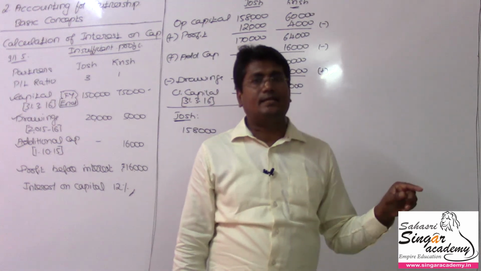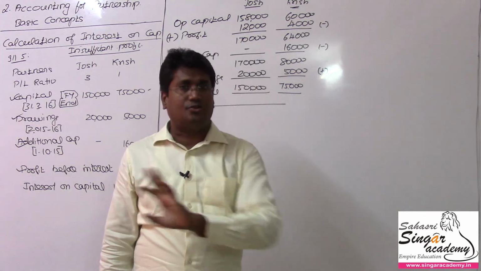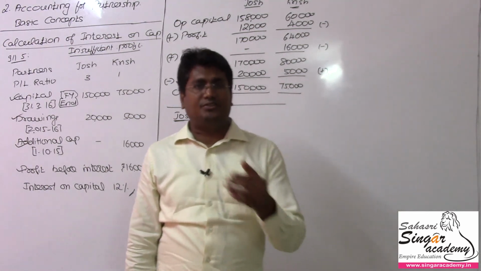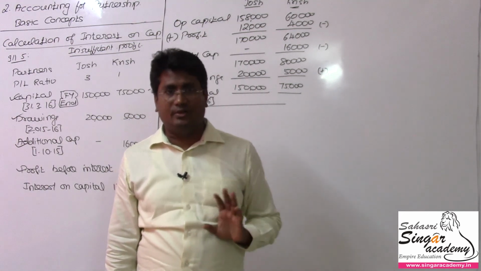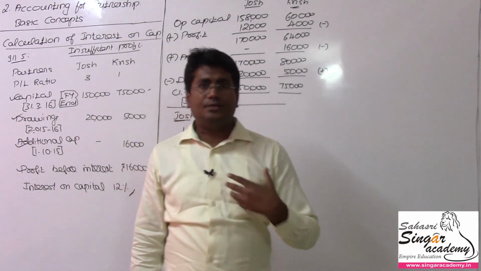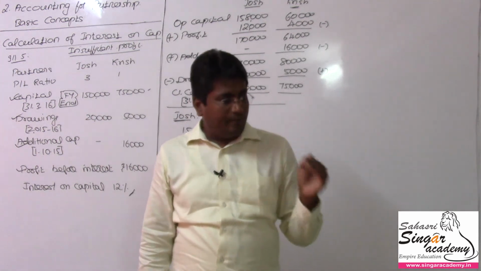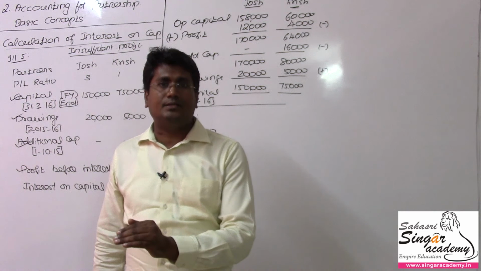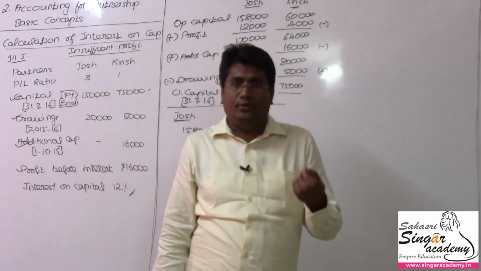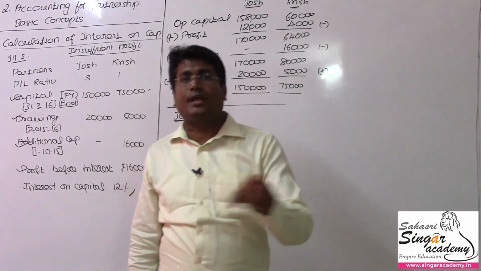If it is drawings against the capital, of course, interest will be deductible from the interest on capital for such drawings. Anyhow, I am going to get some salary, commission, and profit share by the year end because of being a partner of this firm. But for the entire year, I need to run my business or my life, so I need some money. I am periodically getting some money by way of drawings. This amount will be adjustable against the profit, or I am withdrawing my revenue expected to be earned at the year end, slowly every period. That is called drawings against the profit.